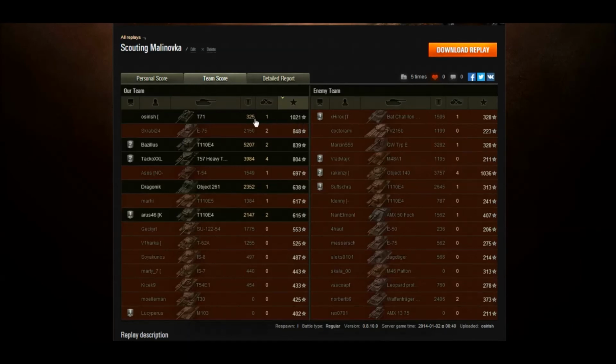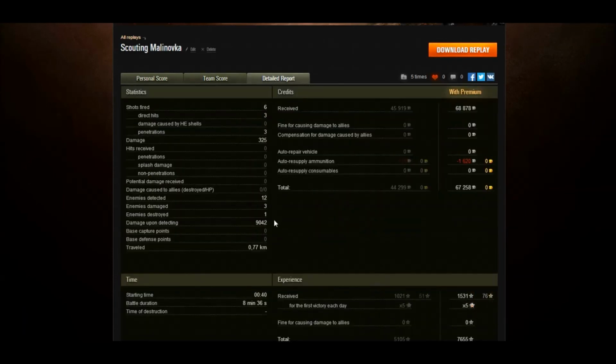We only did 325 damage with 1 kill, but we still managed to finish first on XP, and the reason for that is we did 9,042 spotting damage. So we detected 12, damaged 3, but 9,042. To be honest, I was expecting a much